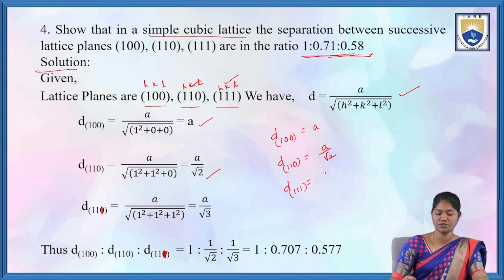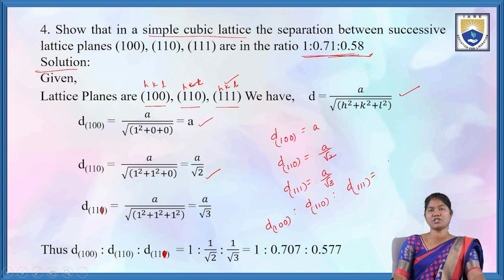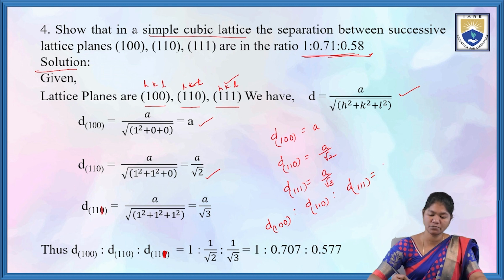d111 is equal to a by root 3. So when taking the ratio d100 is to d110 is to d111, where d is nothing but the separation between the successive planes, or the interplanar distance between the parallel planes, it is equal to